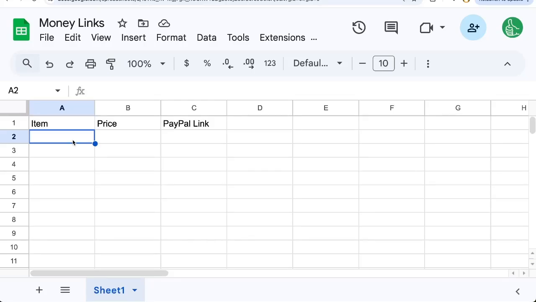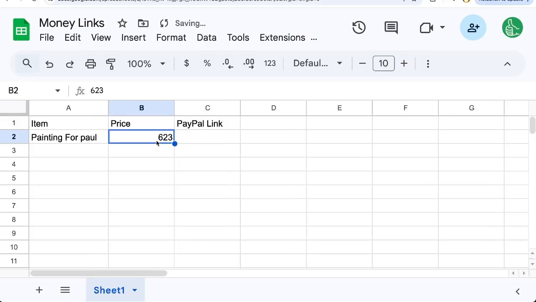So you want to get paid for an item. Let's say we made a painting for Paul, and that price was $623. And we want to send him a PayPal link. Now, we could go to PayPal and enter this number, but we could also do a very simple link,